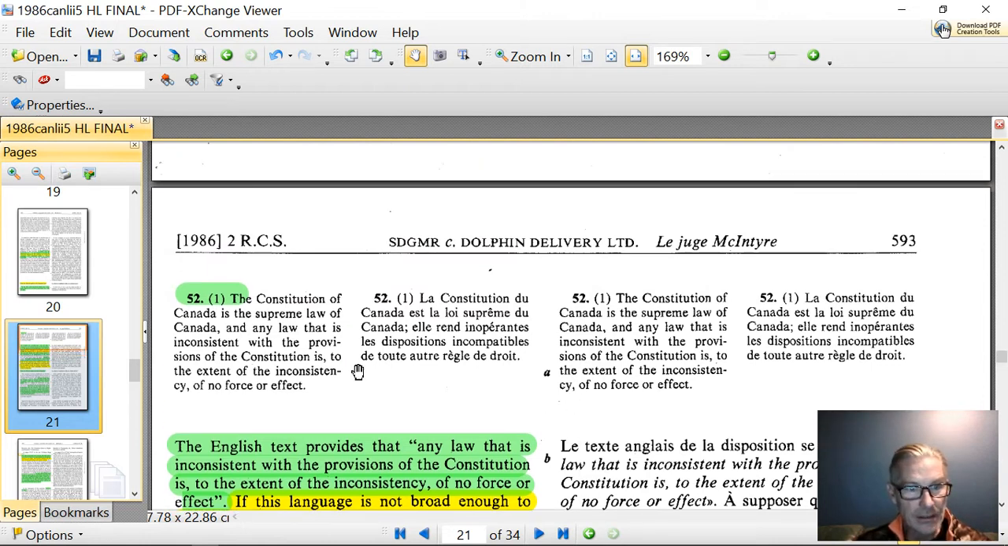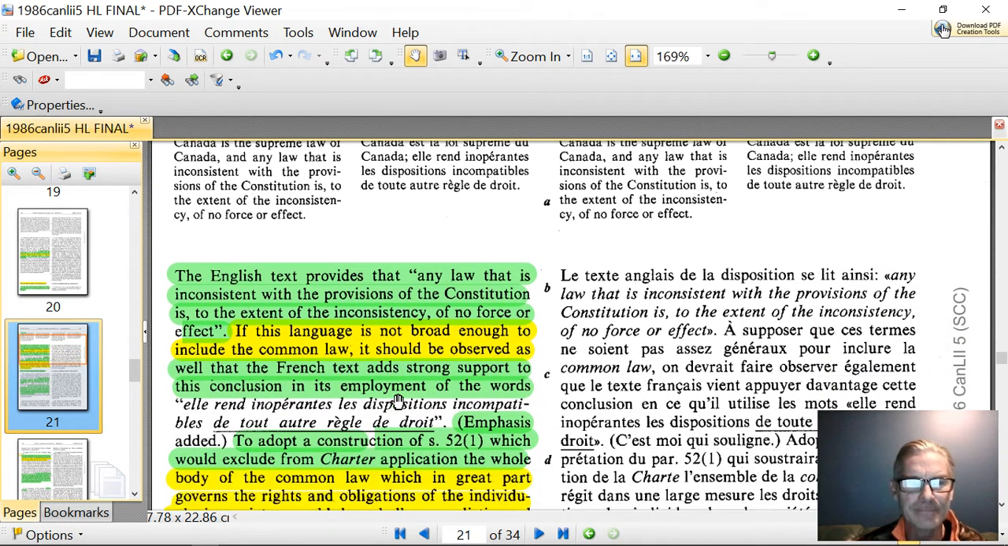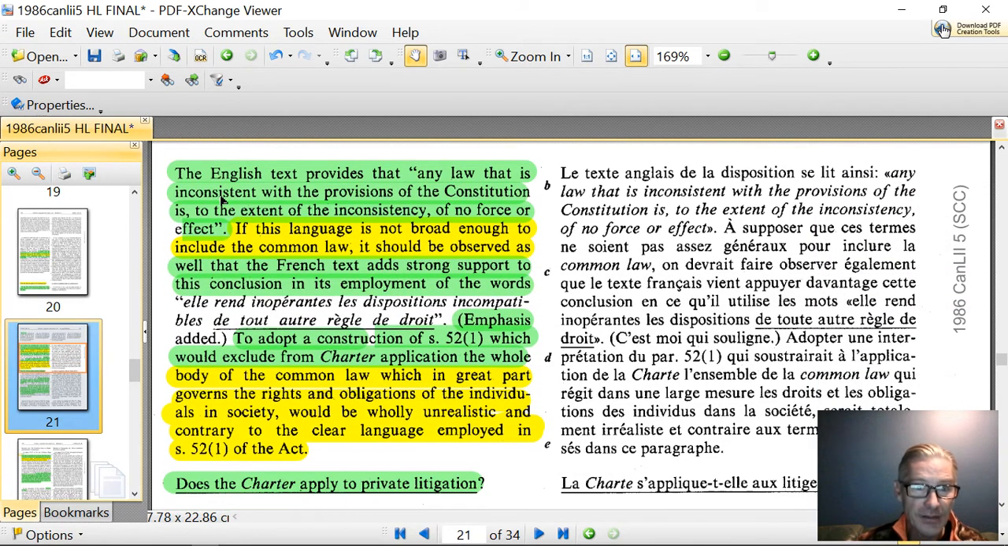Okay, here we go. 52. Everyone is familiar with Section 52. The Constitution of Canada is the supreme law of Canada, and any law that is inconsistent with the provisions of the Constitution is, to the extent of the inconsistency, of no force or effect. The English text provides that any law that is inconsistent with the provisions of the Constitution is, to the extent of this inconsistency, of no force or effect. If this language is not broad enough to include the common law, it should be observed as well that the French text adds strong support to this conclusion on its employment of the words,